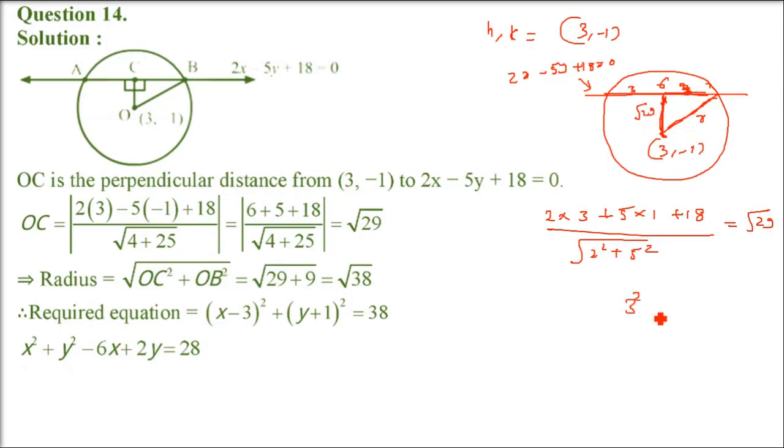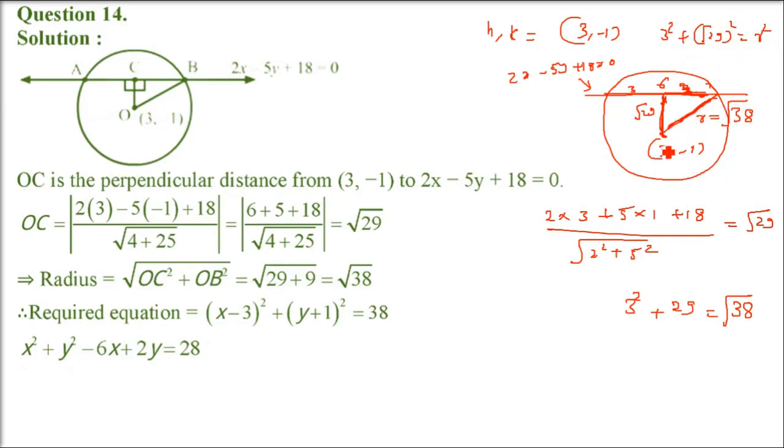So what will be this? R square will be equal to, not 6, but 6 by 2, which is 3, so 3 square plus 29. So out of these, it will be 38. And that 38 is R square. So the radius is under root 38. So what I did is 3 square plus (under root 29) whole square is R square. That is how I got this R square, which is the radius.